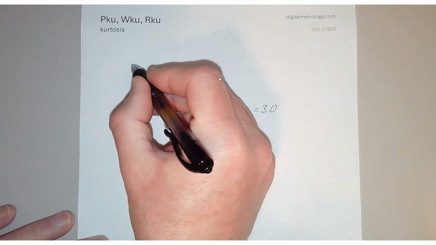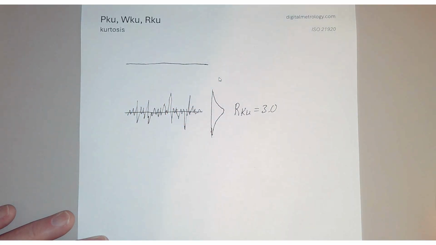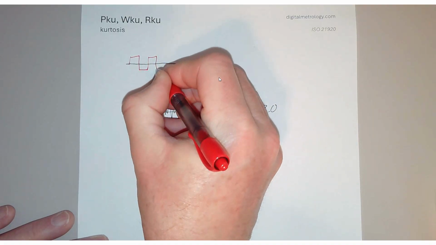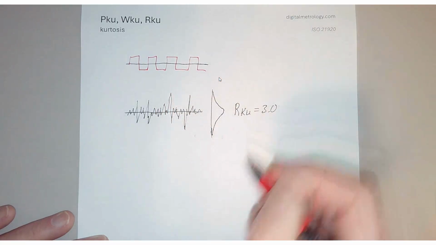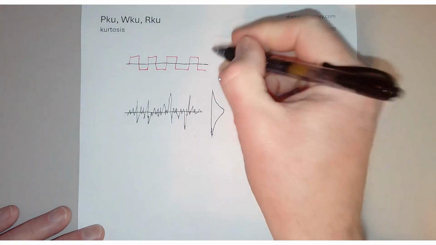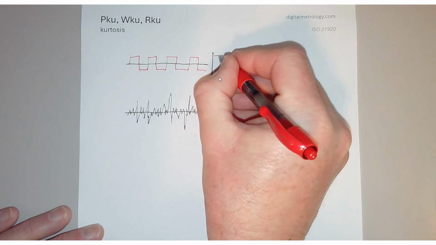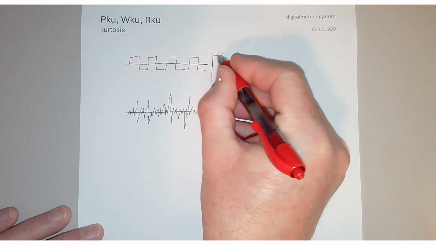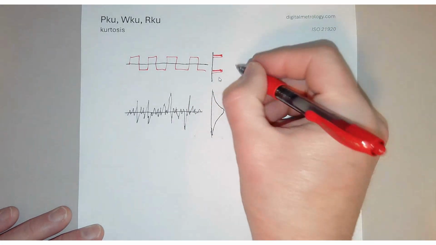So let's describe a surface with no real extremes, a surface that is perhaps a square wave. So here's our mean line. Let's make a square wave surface. This surface has a distribution that's rather unusual. The distribution of points in this case isn't a bell curve. In fact, all of the points are either right here or they are right here. So it's a strange curve of a spike right here and a spike right here, and this surface has a